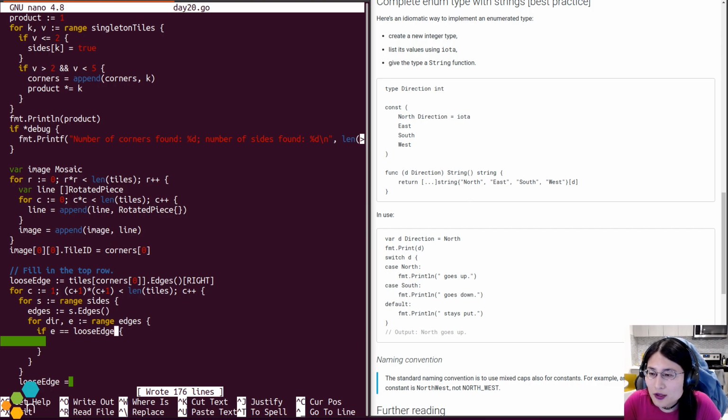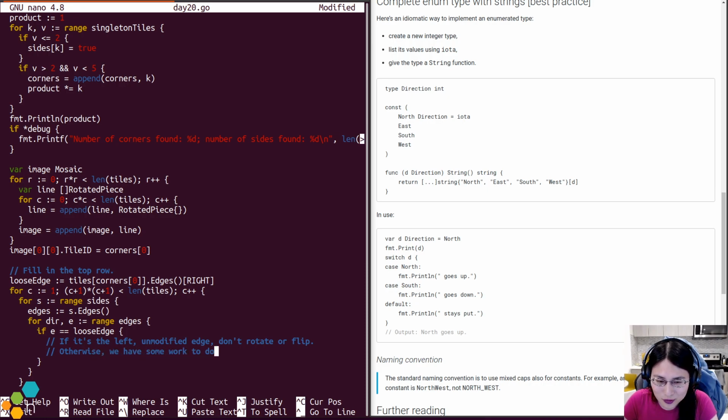All right, so if it's loose edge, then we know how it's rotated. If it's the left unmodified edge, don't rotate. Otherwise, some work to do. Okay.